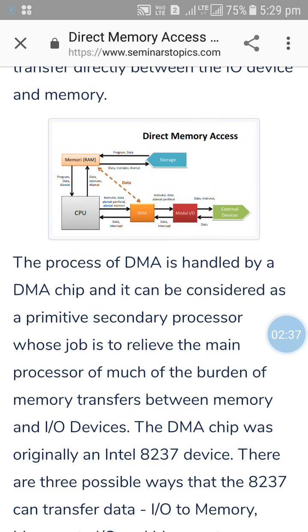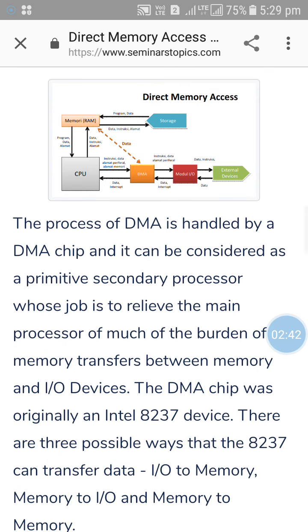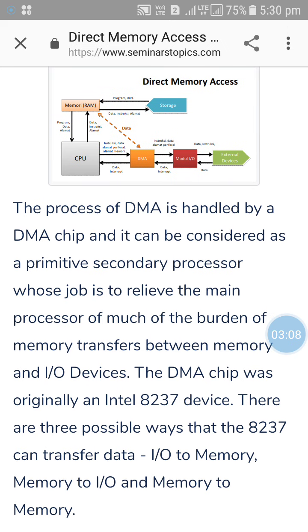As for the working, first the IO module sends the DMA request. The DMA request is then processed and inserted in the queues. The DMA controller sends the bus request to the processor. If the CPU is in an idle state, then the processor sends the bus grant. It also sends the buses control to the controller. It also provides the read write operation address for the data and address buses, and RAM intervention to the DMA